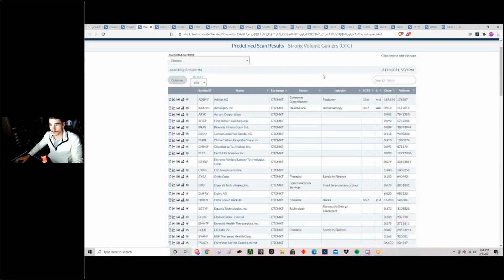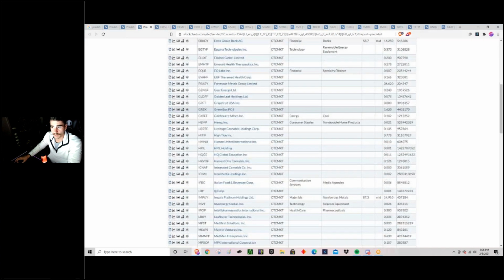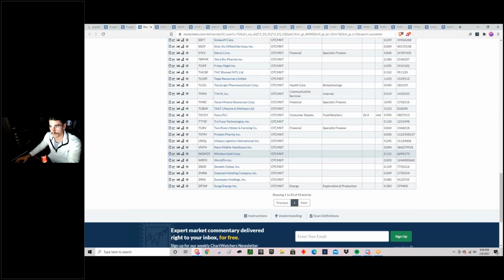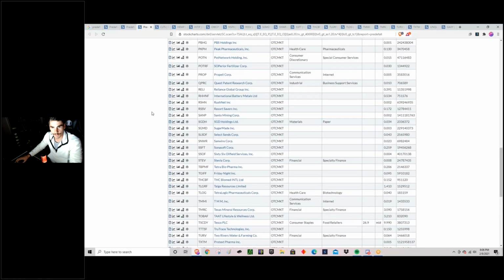Strong volume gainers, you're looking for higher highs, you're looking for some of those curl patterns off of lows. You're trying to get a sense of the backstory. Don't buy too much into the backstory because you don't want to fall in love. Because at the end of the day, they're all crap. Every single OTC stock on here is a garbage company with no revenues, with no employees, horrible balance sheets. They're all make believe. It's all garage companies. But that doesn't matter because you have the